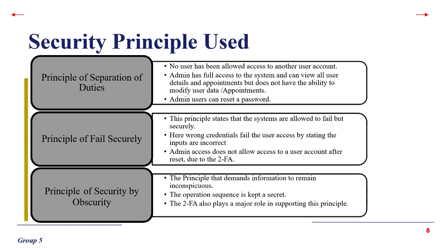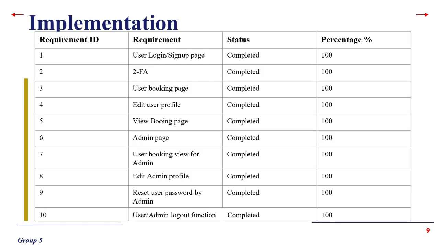The principle of security by obscurity means the information handled by the application is to be inconspicuous. The operation is kept secret, and two-factor authentication plays a major role to support this principle. The implementations that we successfully completed are user login, two-factor authentication, user booking page,